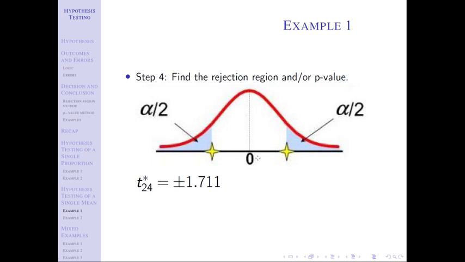The p-value, you can only find the exact p-value, as we talked about previously, using Excel. If you want to use your table, you can bound the p-value between two numbers, or if it runs off the table, you can say it's greater than the biggest one, or if it runs off the table the other way, you say it's less than the smallest one. But you can only bound the p-value with the table, but using Excel, you can find the exact p-value. So the MyOpenMath work will require you to find an exact p-value, so make sure you are able to do that using Excel. Write out that probability statement.